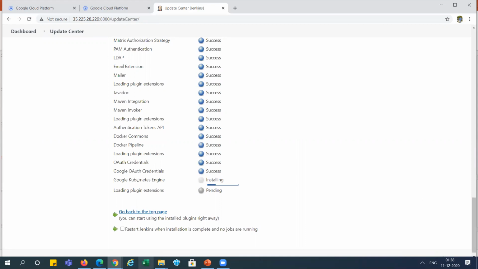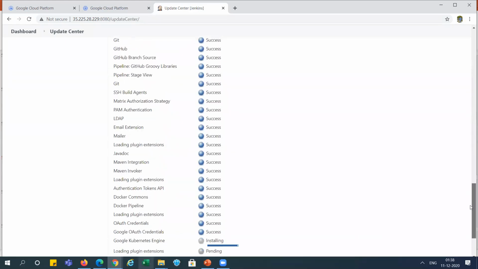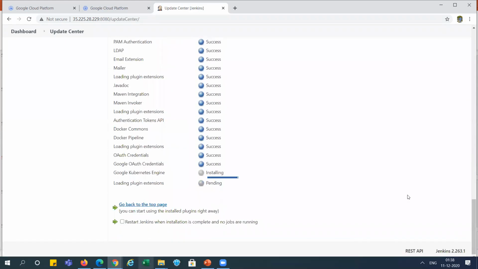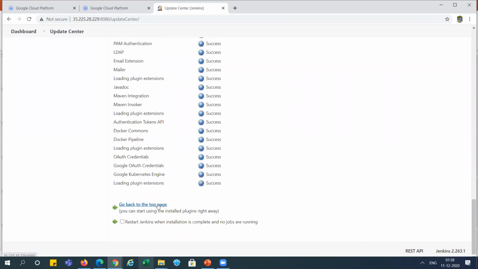It is installing the Google Kubernetes Engine plugin, GKE, right, which is required to connect. Now it is done, right?